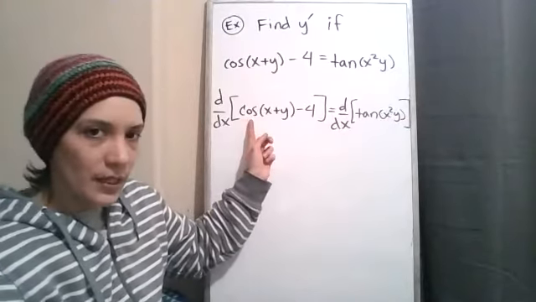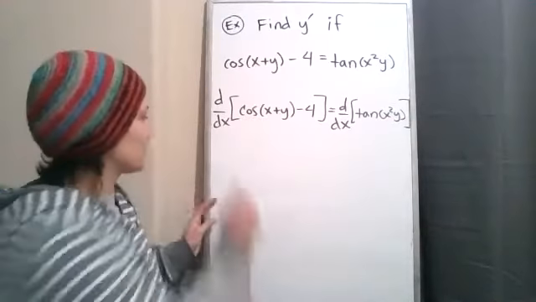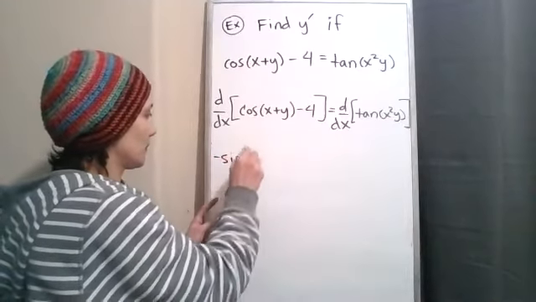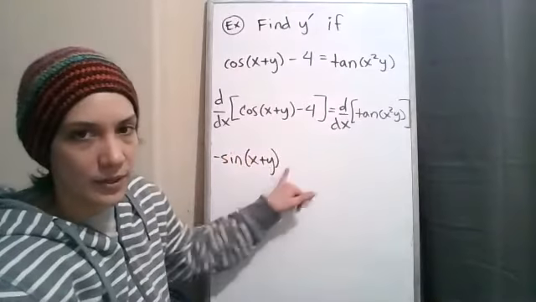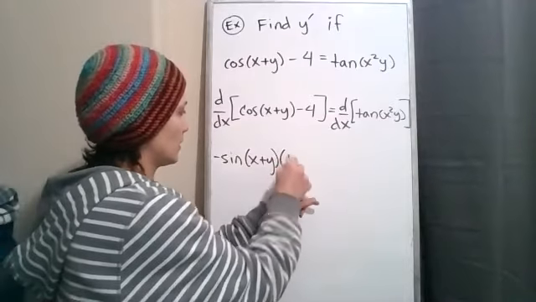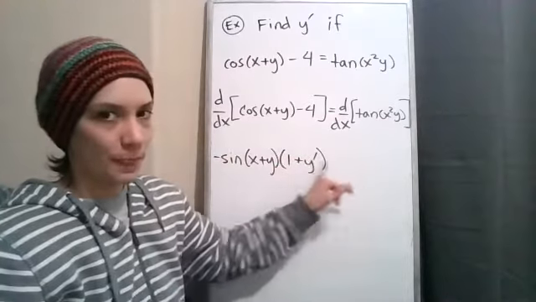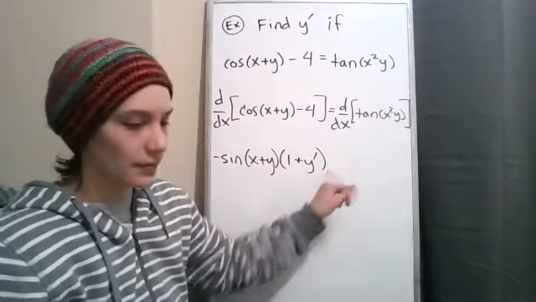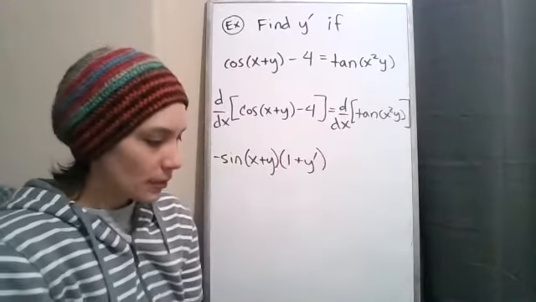This will give you a negative sine of x plus y, multiplied by the derivative of the inside, which would be 1 plus y prime, minus 0, that part there, and is equal to,